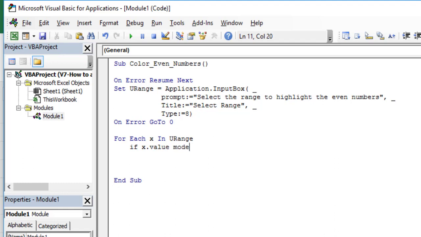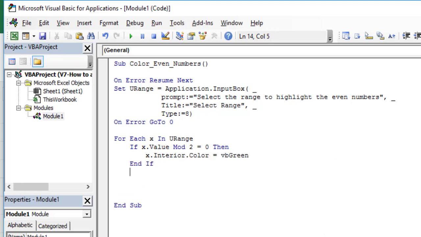If the cell value is divisible by 2, that is, there is no remainder when divided by 2, the value is an even number. Using this logic, we will check the cell value. If it is true, then we have found an even number. So fill the cell with some specific color.